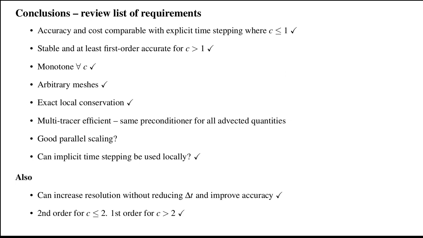I haven't looked at the parallel scaling. The implicit time stepping can be used locally. In addition, we've seen that with implicit time stepping, we can increase the resolution without having to reduce the time step, and this still leads to improved accuracy. We've also seen that the scheme is second order accurate as long as the current number is less than 2, and first order accurate for a current number greater